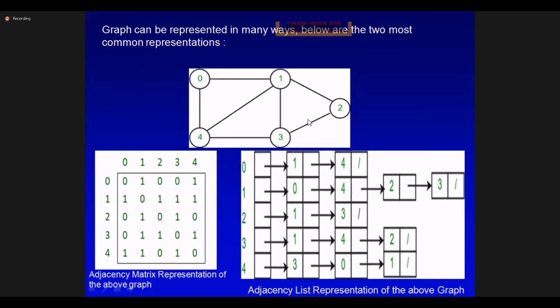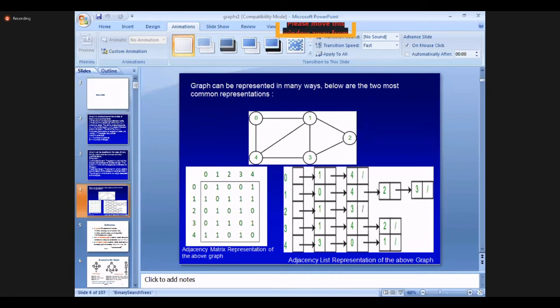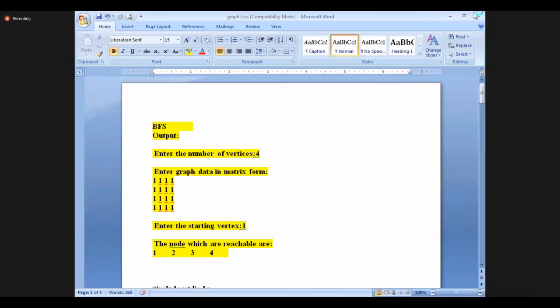Here 0, 4, 1, 2, 3, these are all the vertices, and in our terminology you can call them nodes. So this is another way of representation, the adjacency list. We will take the first one and we will see the program. We'll see the program. So here, this program